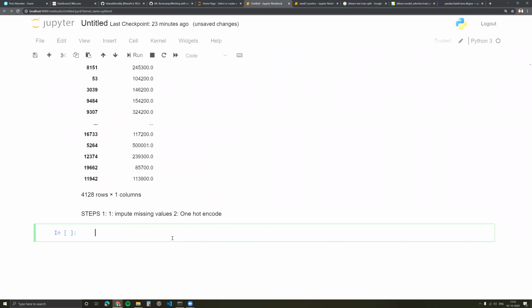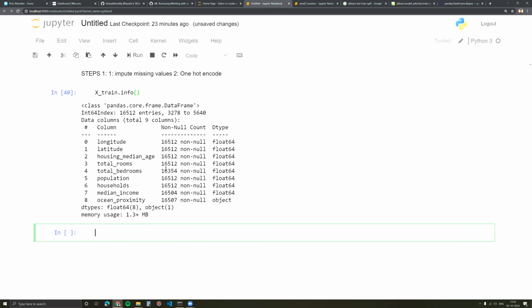You remember, let's just take X-train. In our one hot encoding, in our categorical column, we had missing values as well. You see, there are some missing values.